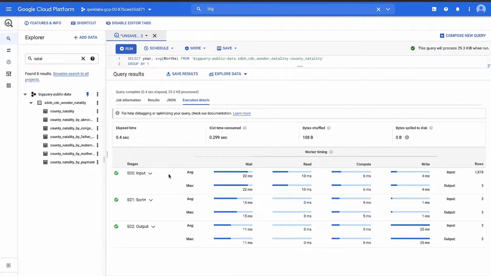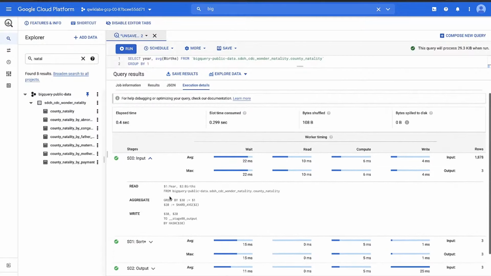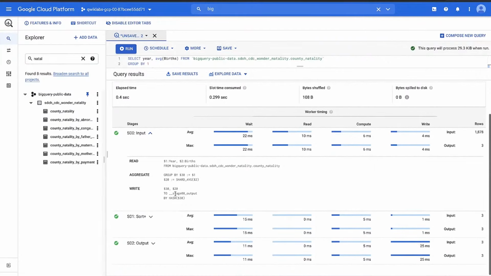And now this query plan got a whole lot more interesting, right? We have 3 different stages that are happening. We have our first stage where we're actually reading in the data from BigQuery's storage. We're doing some first pass aggregations where each worker is aggregating up to that year and taking the average. But you might have one worker that has the year 2000 and another worker that has the year